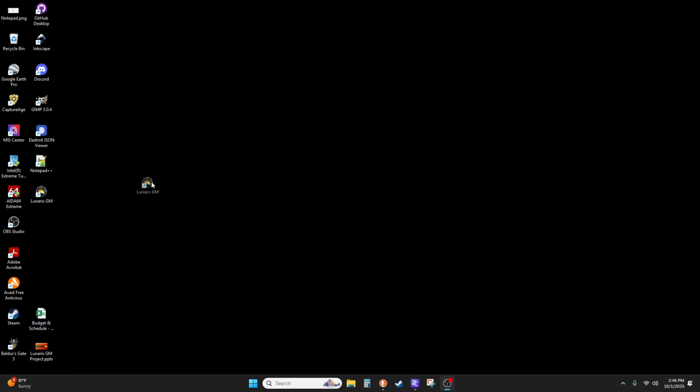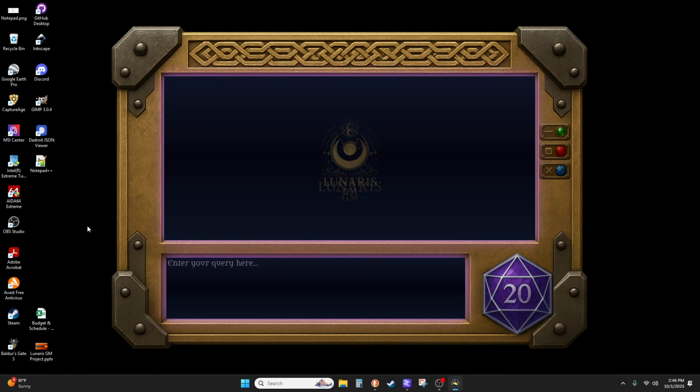So here's the icon for my software. It's called Lunaris GM, and there's a little picture of Lunaris in there. It's hard to see because it's so small, but I'm going to double click that, and it'll take a moment because it's not really optimized for speed yet. My logo comes up and fades out, and there's the GUI. Now what I can do is I can type in a question, or I can make a statement like, "Good day, Lunaris." I can click this button that lights up, little sound goes off,